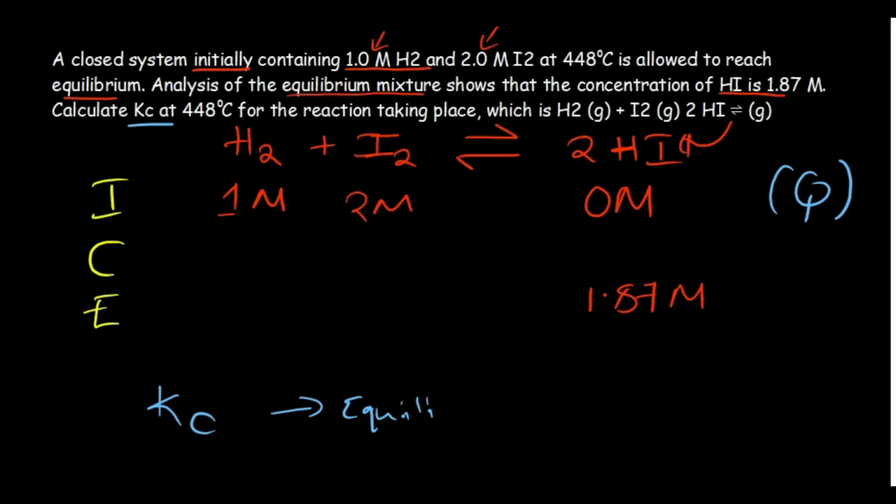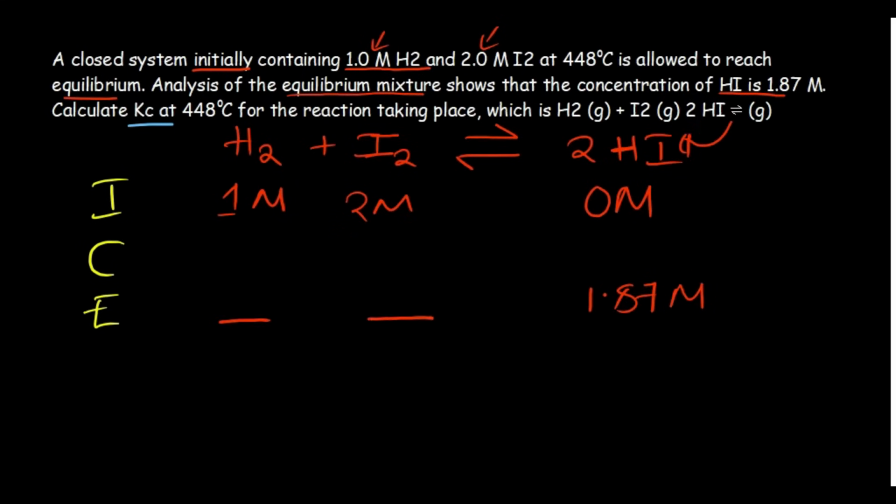So don't worry about Q. We'll talk about it later, where we'll look at the relationship between Q and K. You understand what Q is, but understand that K deals with equilibrium concentrations, and the opposite is for Q. Therefore, in this case, we need to find the missing equilibrium concentrations for us to be able to calculate Kc. Now, for the change we use the stoichiometric coefficients,